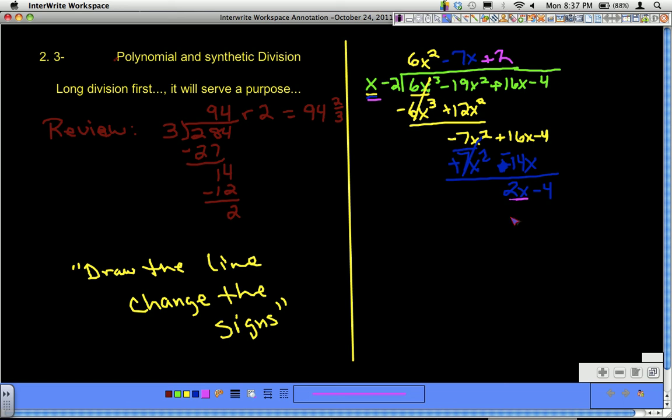So 2 times x is 2x. And 2 times negative 2 is negative 4. Draw the line, change the signs. Everything canceled. I'm left with no remainder. So right now, this told me that when I take this polynomial divided by this, it leaves me with this